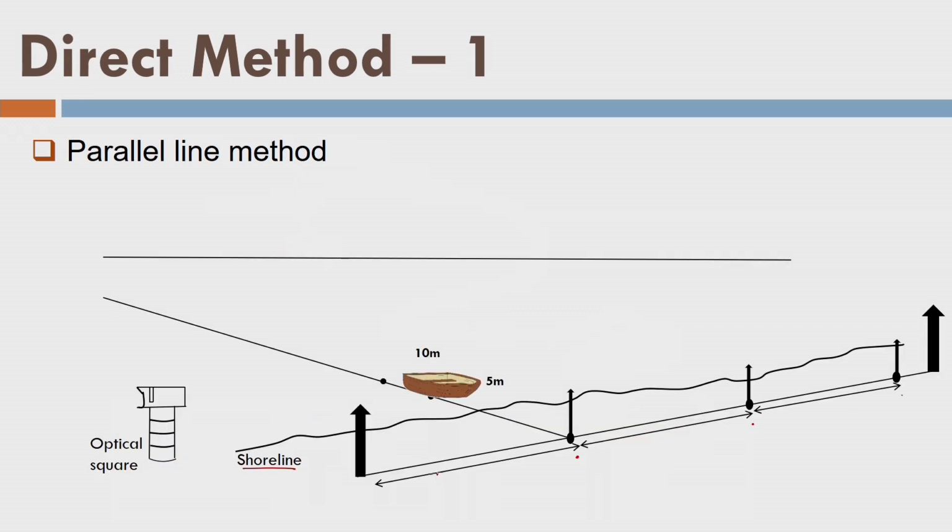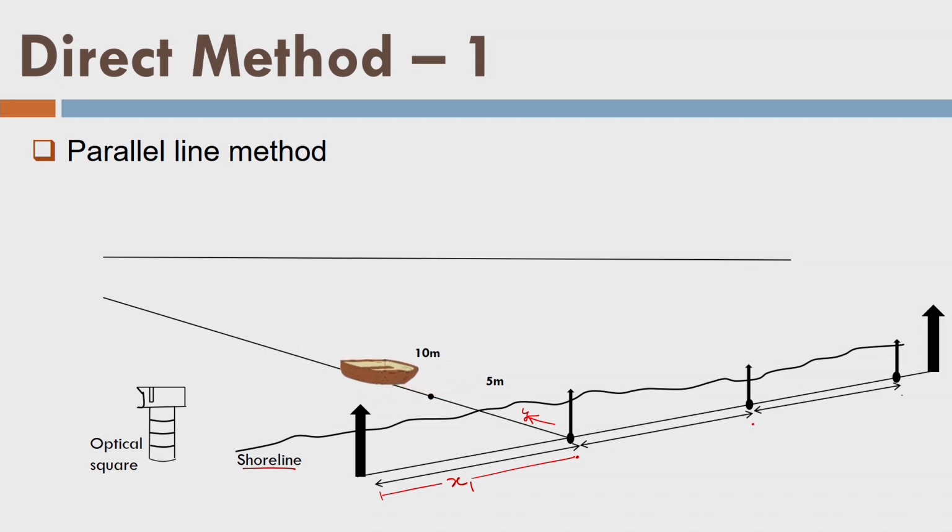This is the point. So this is my distance x here, from here to here, or I can call it x1. So now I will measure y along the float line. This is the situation here. At 5 meters I will take sounding, and at 10 meters I will again take a sounding observation, and so on. I repeat this process along the line. So I am taking the observations here, the next observation at 15 meters, and the next sounding at 20 meters, at 25 meters, and so on. I keep on repeating this.